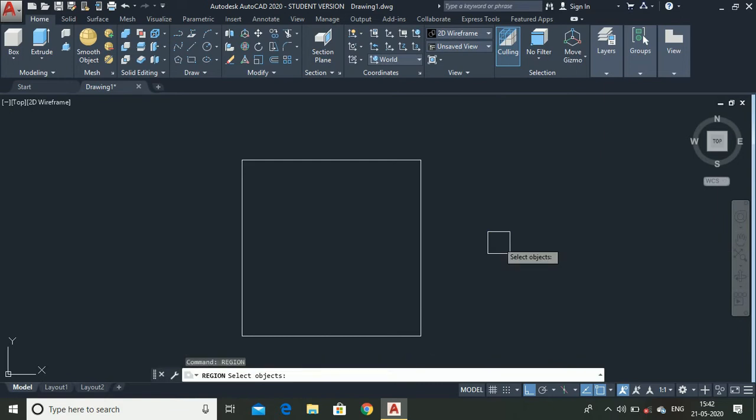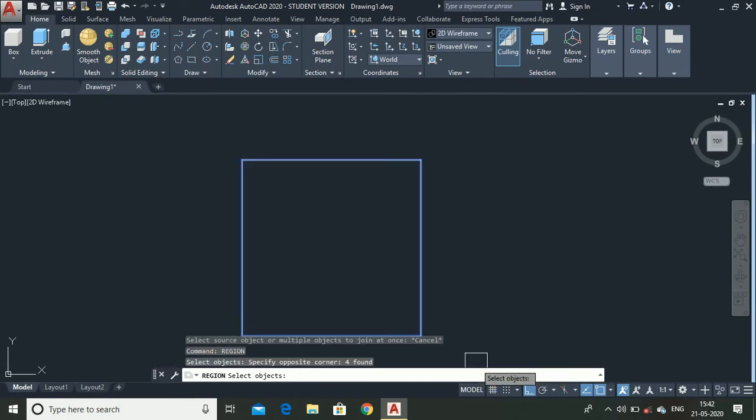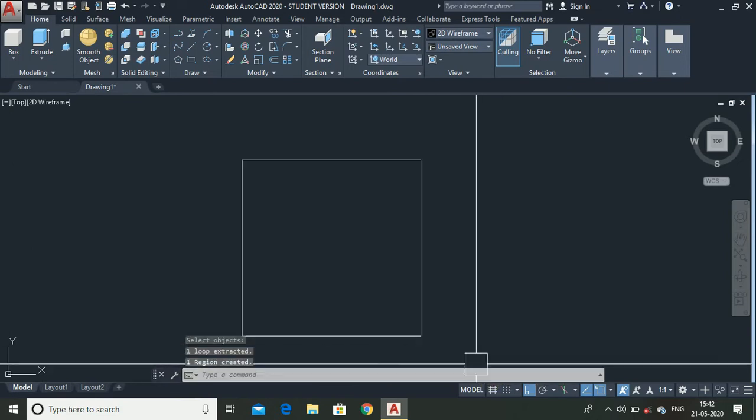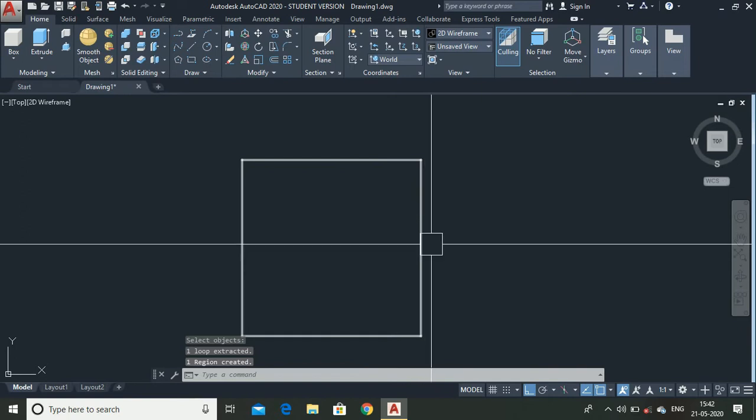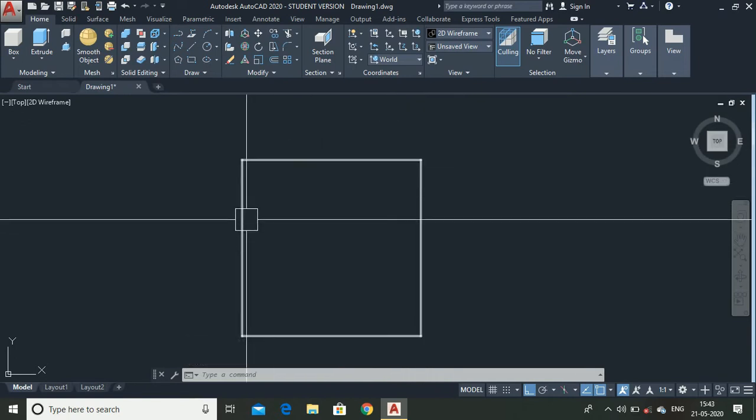The region command is mainly used to convert a 2D object into a closed loop. Simply select at any point and select the object, then press enter. Now if you select this, it converts to a single object. All the lines are joined into a single object.